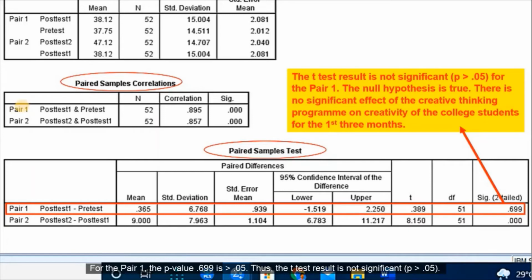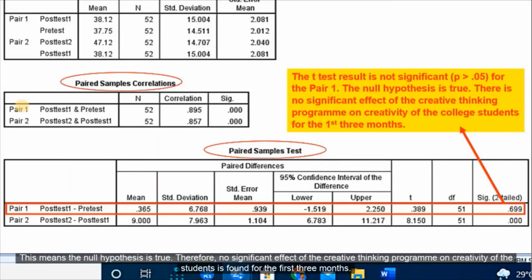Thus, the t-test result is not significant where the p-value is bigger than 0.05. This means the null hypothesis is true. Therefore, no significant effect of the creative thinking program on creativity of the student is found for the first 3